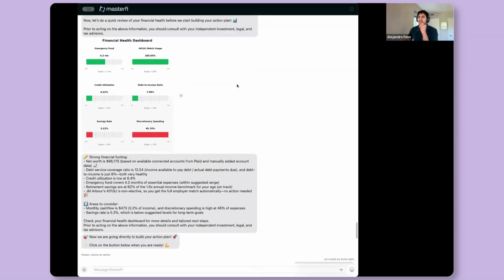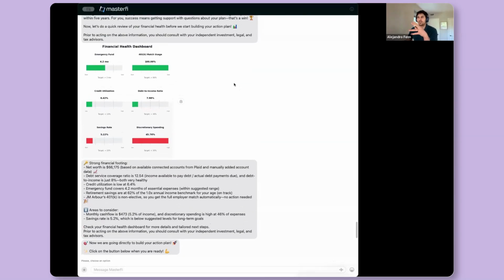Okay, so last thing I wanted to show then here is once you answer some of those initial questions and integrate your accounts, you'll be able to see something like this. We call it a financial health dashboard, but basically just, hey, a quick pulse on the most important types of metrics and information. And it tells a story, right? In my case here, it's telling me I have 4.2 months of an emergency fund, which is calculated based on my spending